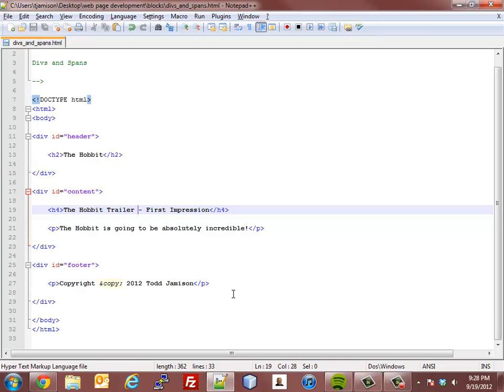The next major thing in this video is what's called a span. In HTML and with CSS, if you want to format or structure more than one piece of text at a time, a good example would be in this paragraph where it says the Hobbit is going to be absolutely incredible. If I want to take the words absolutely incredible and the exclamation point, if I want to format all that to be, let's say, bold and red,